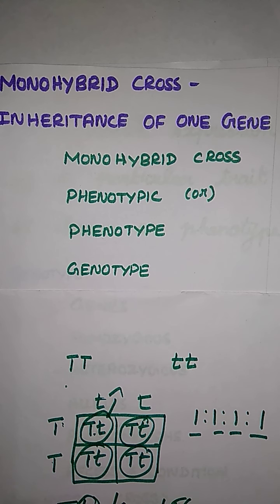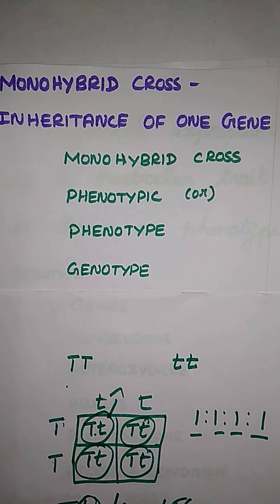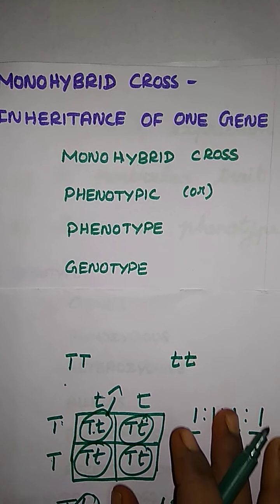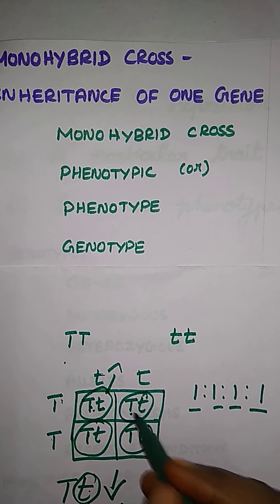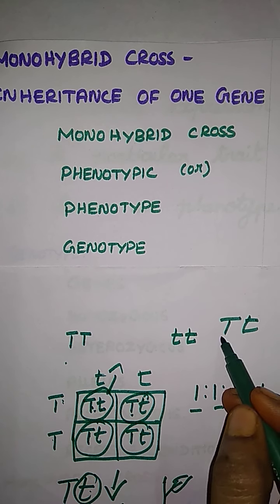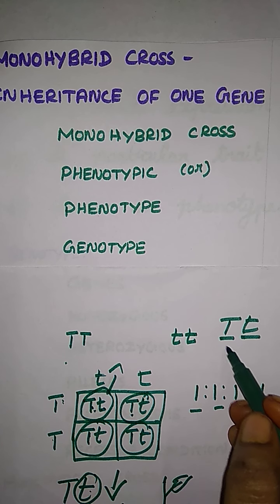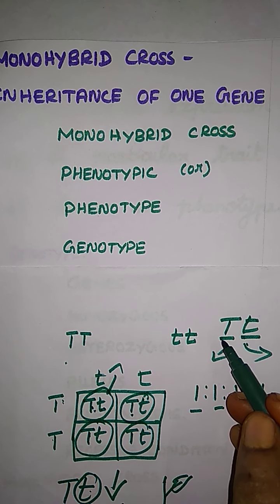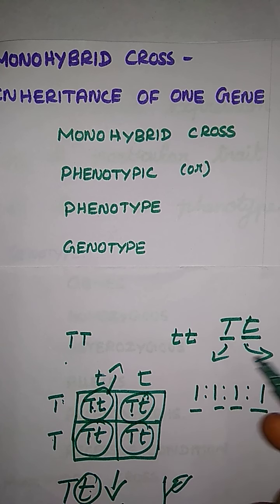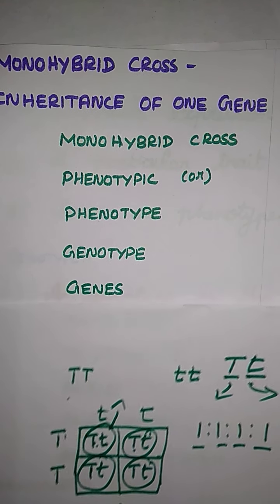Okay, and the next one is the genotype. Here a genotype means the genetic expression of an organism. What is a genetic expression of an organism? Here they have done a cross, right? We crossed a tall plant, and we crossed a short plant. Now a tall and a dwarf plant are there, no? The tall plant is expressing its character, and the dwarf plant is also expressing its character. So genetically they are expressing the character. That is the genotype.